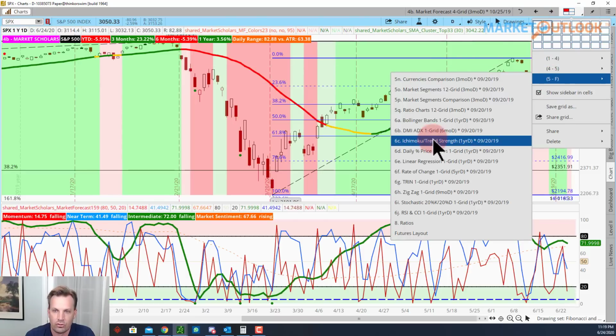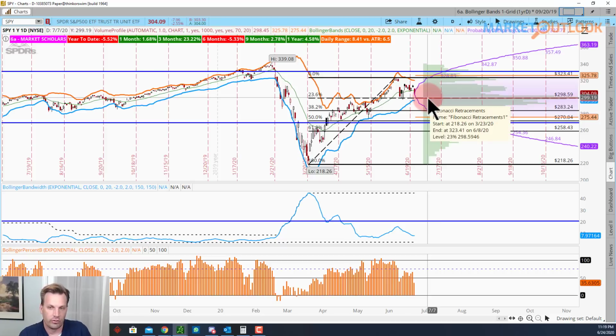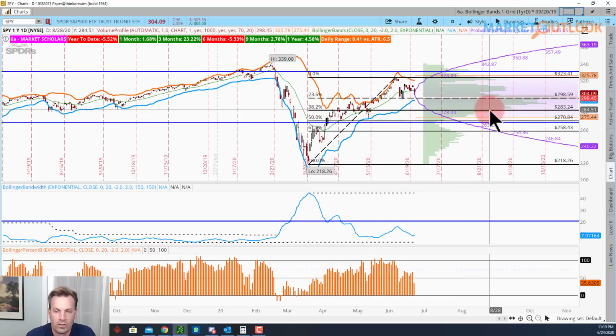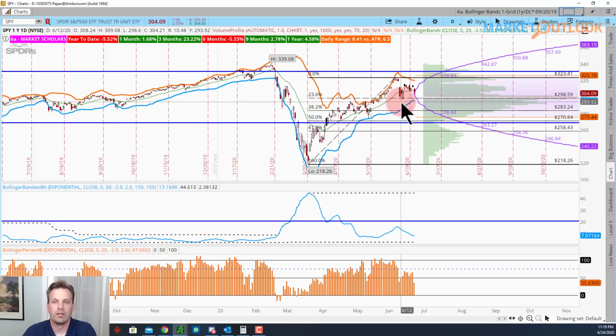In fact, you'll notice there's another reason why that's significant, because the point of control for the 1-year volume profile is also sitting at the 23%. So there's some very significant support in that area. And even if we fell down to the 32, there's also some volume support with multiple touches in this area as well. So the S&P, it's going to be hard for it to really break down here